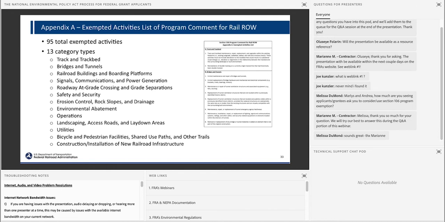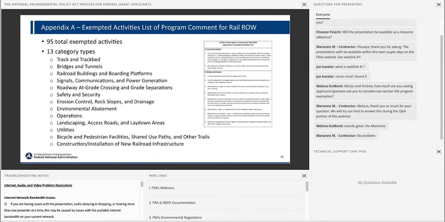We have 95 total exempted activities. They generally fall into these 13 category types, including track and track bed work, some bridges and tunnels, railroad buildings and platforms, signals and power generation, erosion control. So you can see here, there are these different types of actions. I think it is important to note